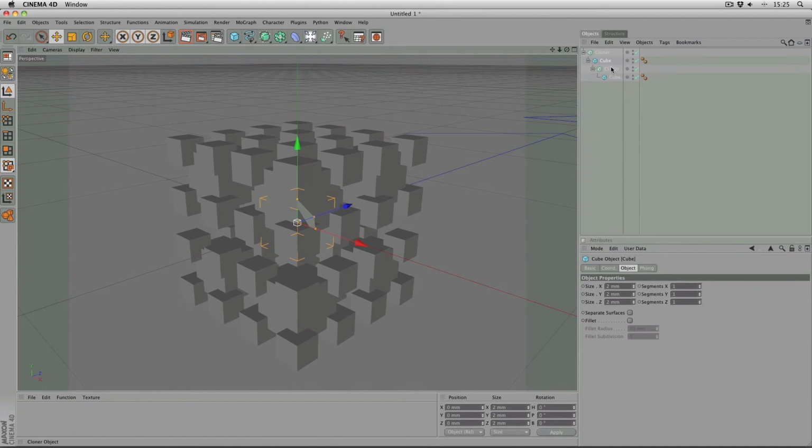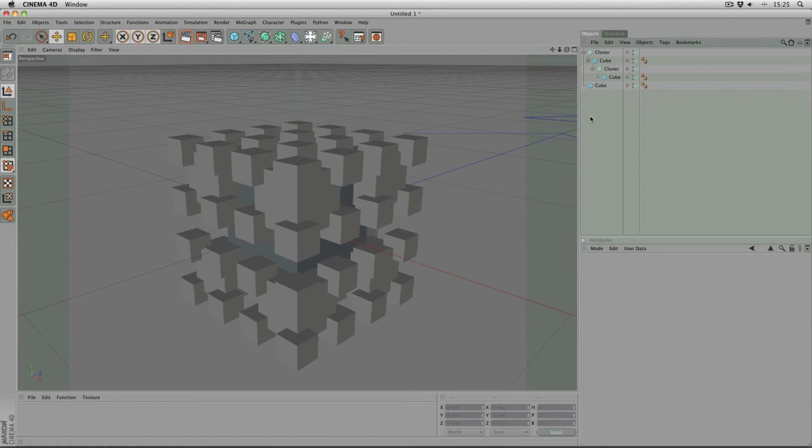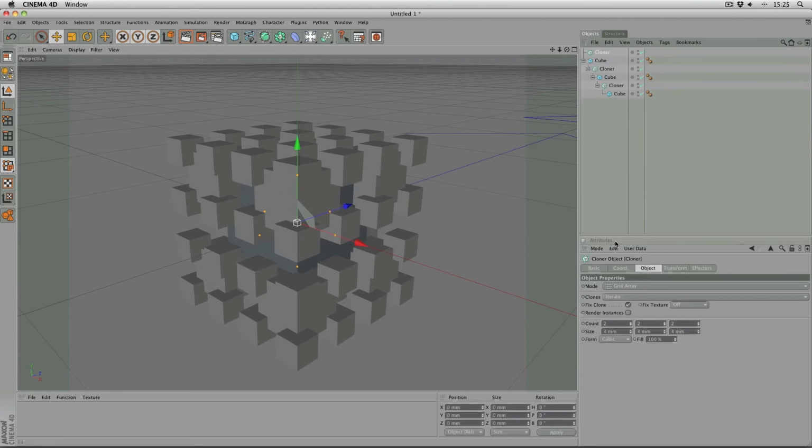And again, like before, I'm going to control drag out a new cube, and this cube needs the dimensions of 4 millimeters. And there we go, that's the second iteration of the T-square fractal, and it is literally just like the Cantor dust. It's a case of lather, rinse, repeat: control drag the cloner, put the cloner into the cube, control drag the cloner, delete what's inside it,